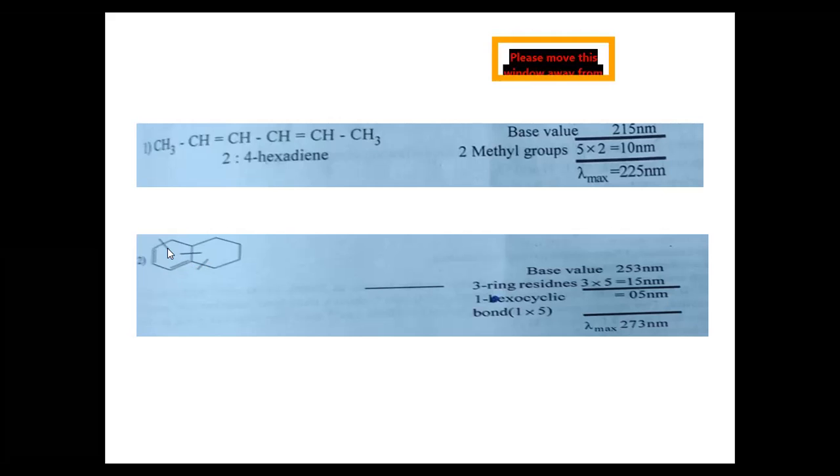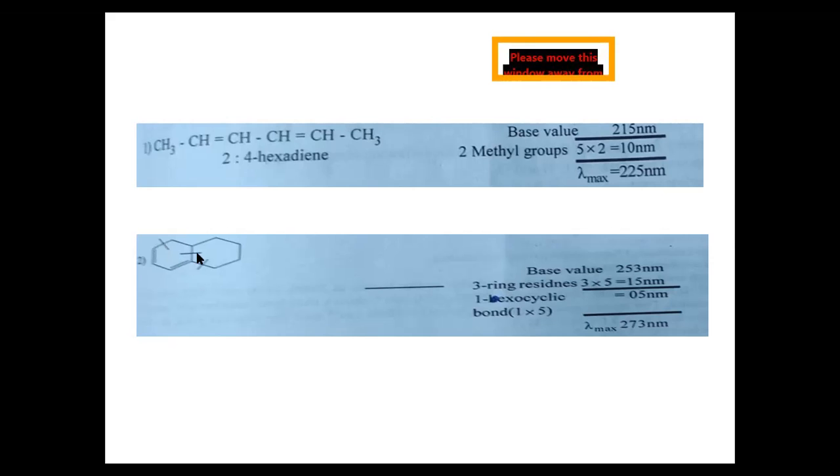Now you see here. This CH2, one hydrogen atom is there. CH. Here it is CH. Double bond is here. It is a double bond and here CH is there. Whether shown or not shown, the hydrogen atom is considered here. Now this hydrogen atom is replaced by a carbon atom. Okay. This hydrogen atom is replaced by a carbon atom. So it is one ring residue.